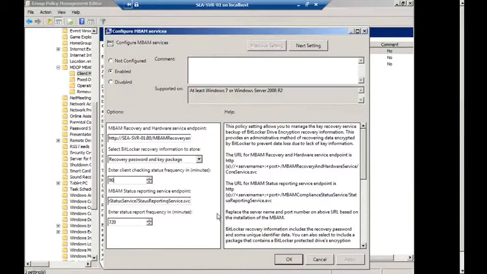Now here you can see we're checking in every 90 minutes to make sure we've got a recovery key and a key package up in the store. And again, what happens if I can't communicate with it that time, something goes wrong? Do we store that? No, we just try again in the next 90 minutes. But we will never encrypt a drive with MBAM unless we're able to store that key in the store, and then we'll encrypt. So we'll never encrypt a drive if you're using MBAM unless we have that key stored